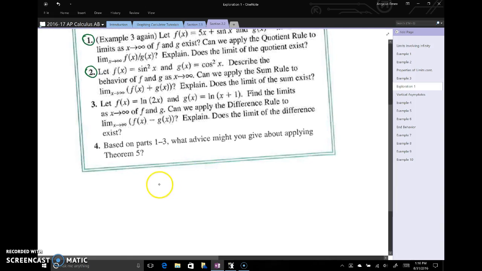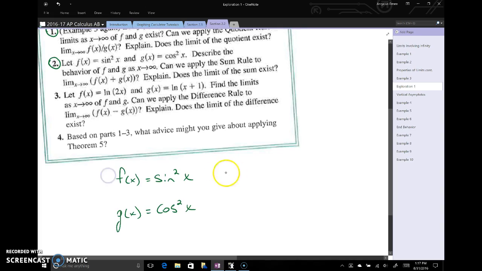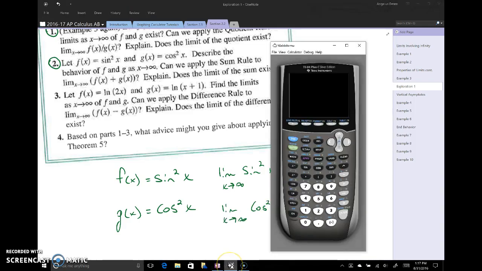Okay, so we've got two functions, f of x, which is sine squared x, and another function, g of x, which is cosine squared x. We want to describe what's happening to these functions as we take the limit as x approaches infinity. What does the limit as x approaches infinity of sine squared x look like? And what is the limit as x approaches infinity of cosine squared x? What does that look like? Okay, so